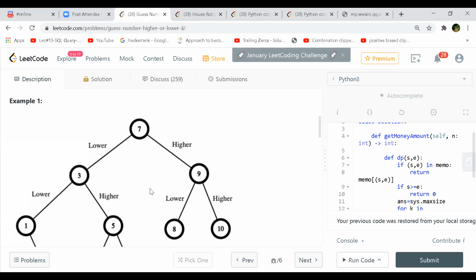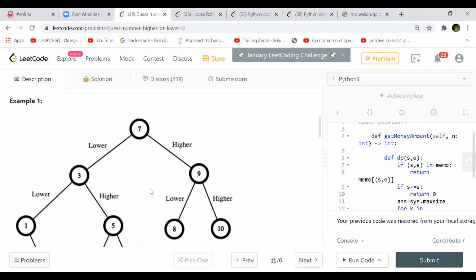I think for binary search, what we can do is first set the number to be x, then we can do binary search on it.